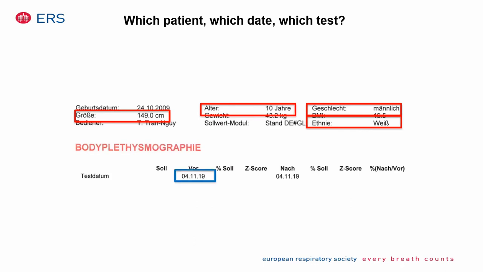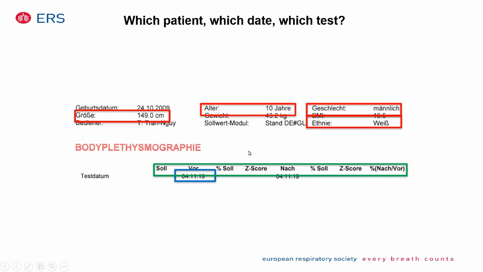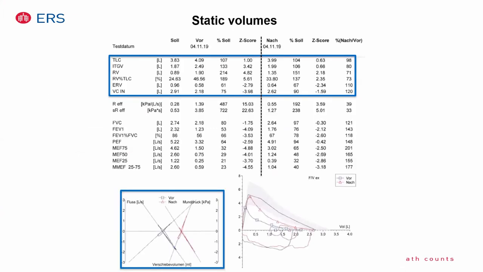Then you look also at the date where the maneuver has been done. That was last November in this case. And then you look at what has been done. I'll show you. There are some things that I've done first with a Z-score, and then "nach" means after. So in this case, this has been after inhalation of salbutamol. And these were the things that have been done after salbutamol,